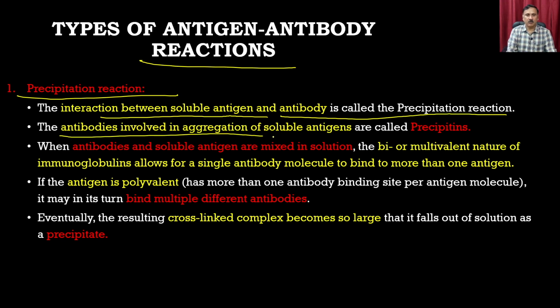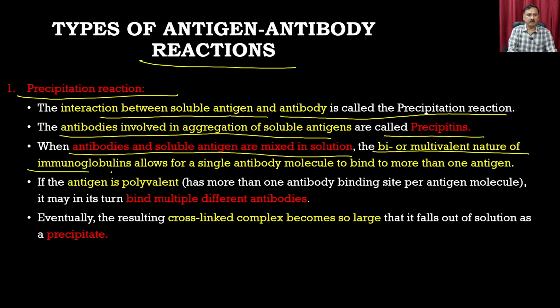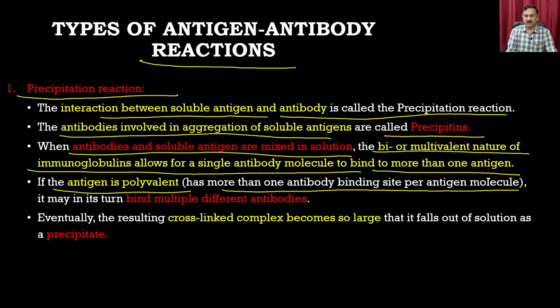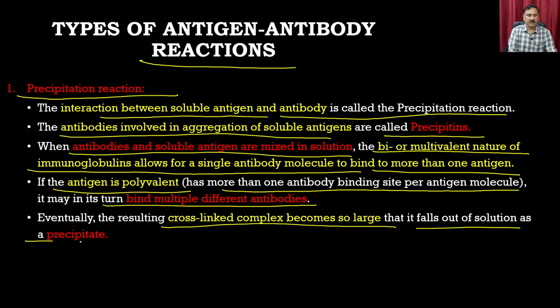The antibodies involved in the aggregation of soluble antigen are called precipitins. When the antibody and the soluble antigens are mixed in solution, the bivalent or multivalent nature of the antibody allows a single antibody molecule to bind to more than one antigen. If the antigen is polyvalent, more than one antibody binds per antigen molecule, so it will be binding multiple different antibodies. Eventually, the resulting cross-linked complex becomes so large that it falls out of the solution in the form of